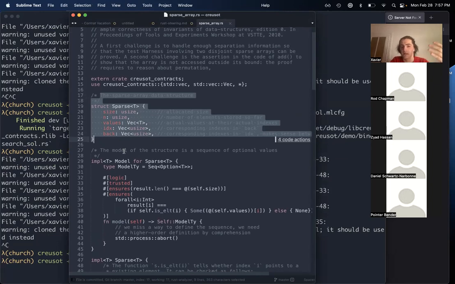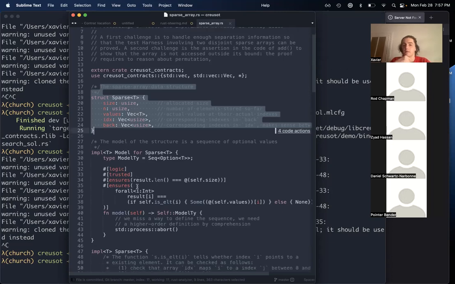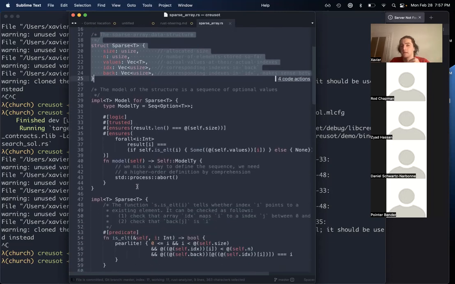And typically in C, we'd end up proving a bunch of issues about whether or not those vectors are actually separated, whether or not the pointers in our vectors are separated, and other issues. Whereas by encoding things into Creusot, all these difficulties sort of evaporate thanks to Rust's type system.